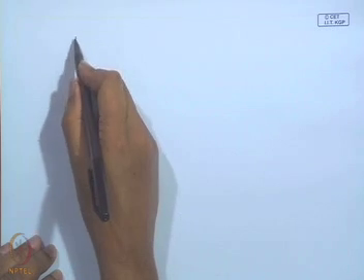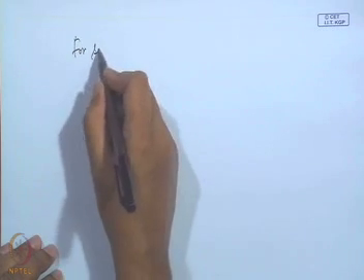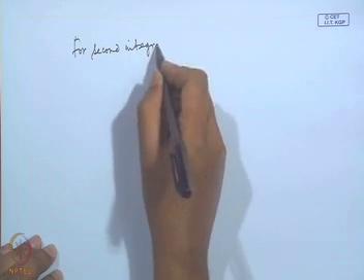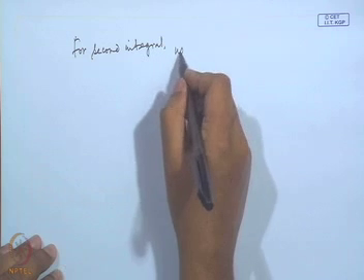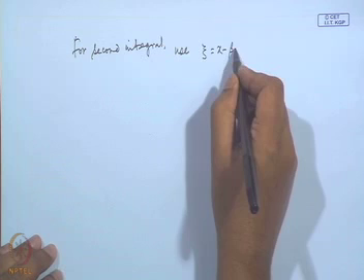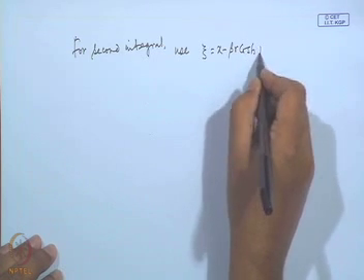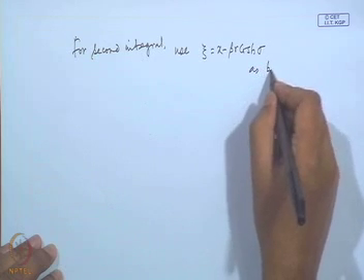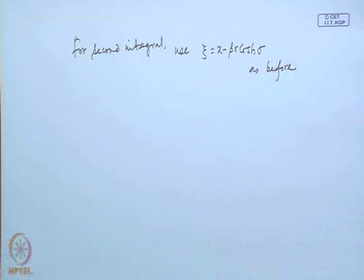So, for the second integral, use xi equals x minus beta r cosh sigma as before, and this gives